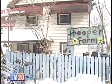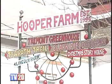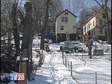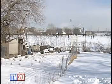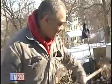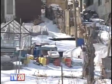Welcome to Hooper Farm. It does not sit on multiple acres of land amidst fields of green. No, this farm is in the middle of Tremont on West 11th Street. It's owned and operated by Eric Hooper, who preaches a back-to-nature lesson to neighbors, students, and whoever has an interest